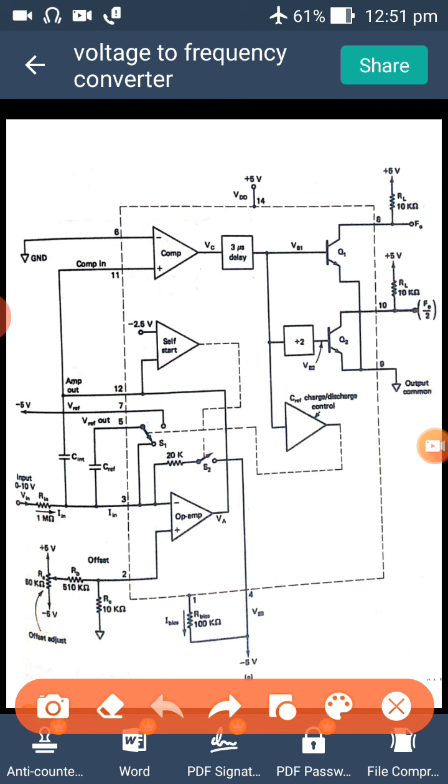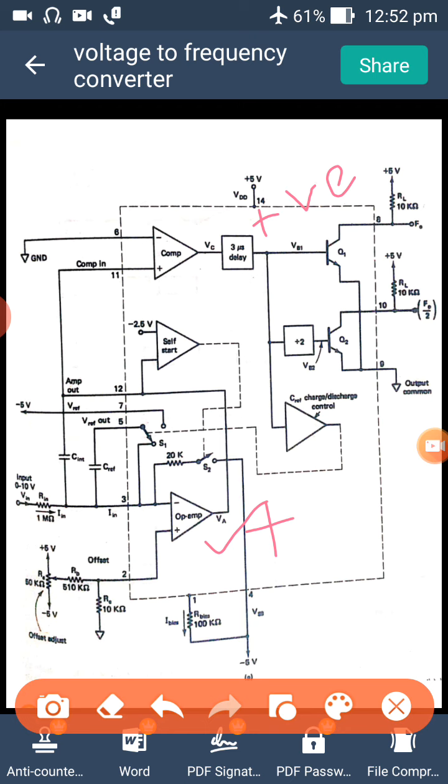Let's say the output of this operational amplifier is positive. If it is positive, then this positive voltage is given here to the positive terminal of the comparator. The comparator will compare these two. This is connected to ground, this is given as positive. Then the output of the comparator will be what? It is obviously a positive voltage, right? This positive voltage is given as input to the 3 microsecond delay, right? What will it do? It will delay the output of the comparator. If the output is positive, it will be delaying the output by 3 microseconds, meaning the output of this 3 microsecond delay will be negative.